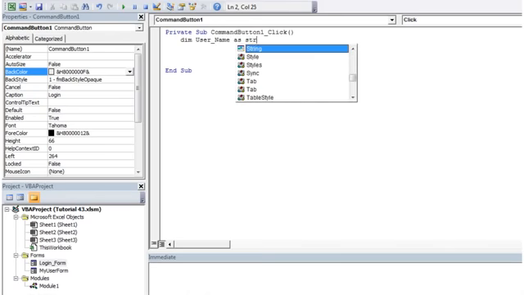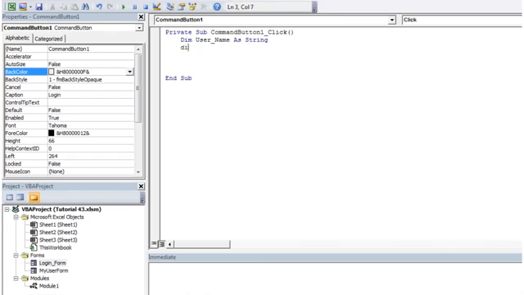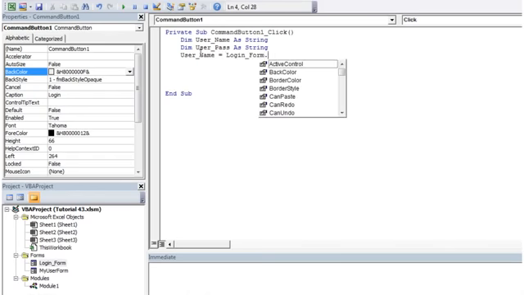I'm not sure if it is, but Dim it as a string, and then Dim user_pass as string, and then we want to set username equal to login_form dot,